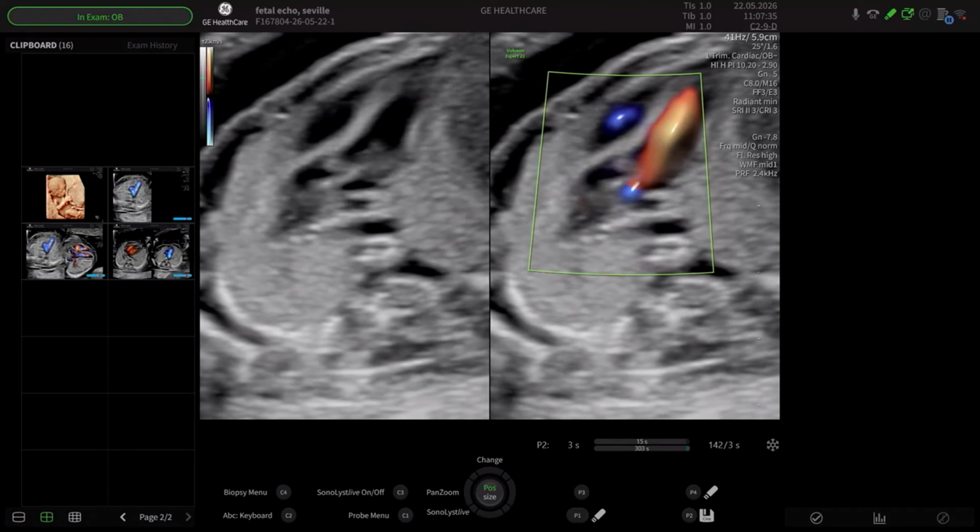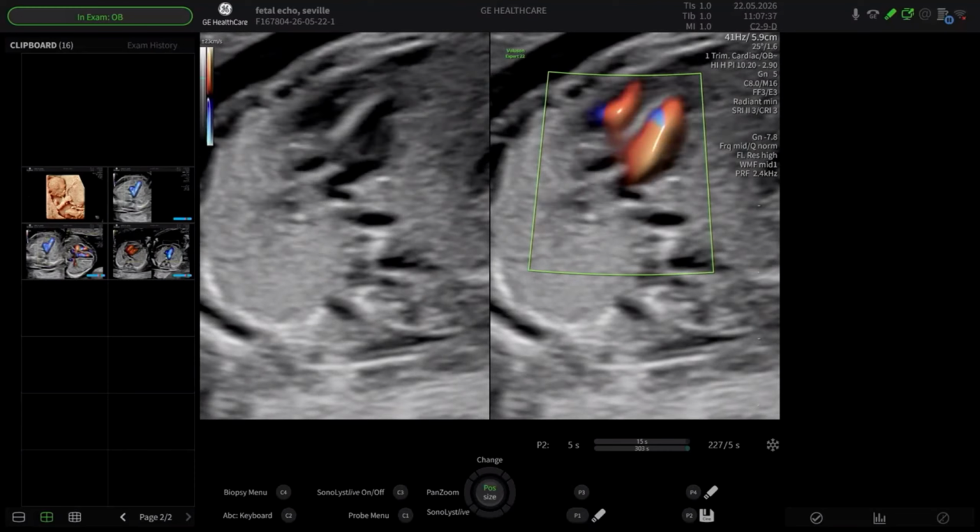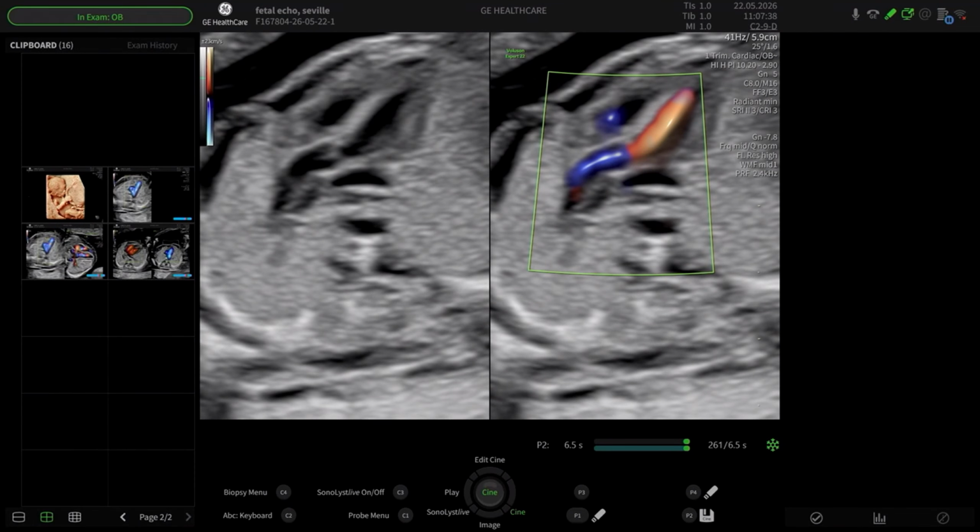I can see the caliber of the aorta is appropriate, and there's the continuity of the anterior wall of the aorta